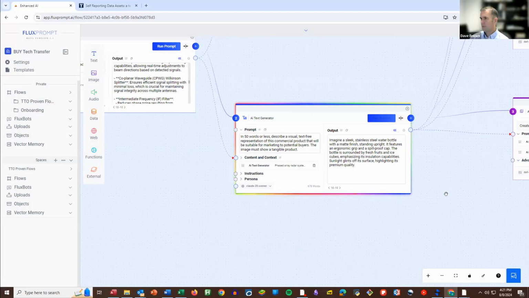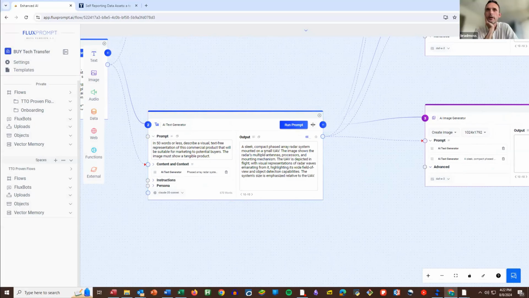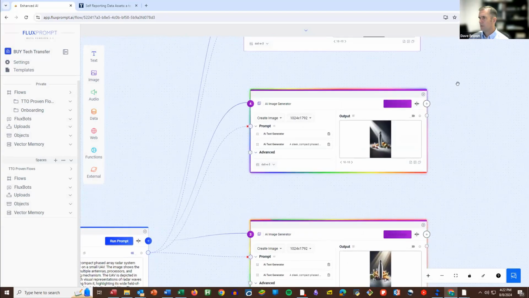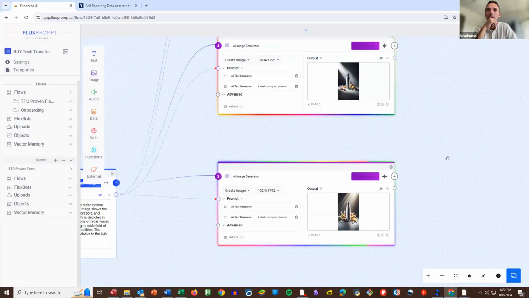Okay, so let's run that prompt again. And then, yeah, when I redo things on these sheets, it's usually because the image concept isn't what I want. So that's actually way better. Okay, it's basically describing the product. So now these already ran, so I'm just going to rerun them. And you can run them all at the same time, right? It's like, oh yeah, this is waiting for one to go and stop.